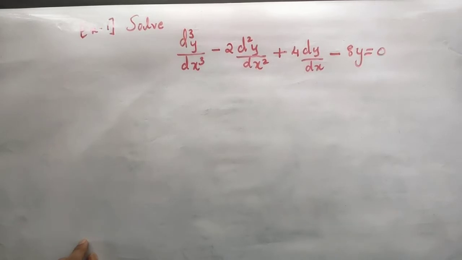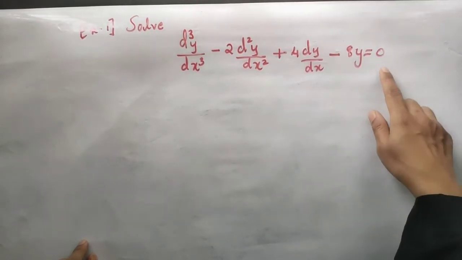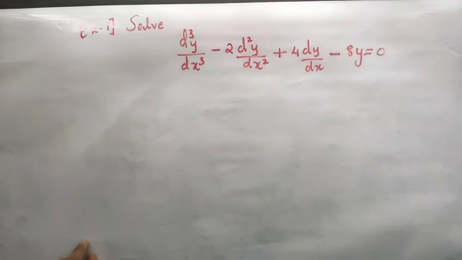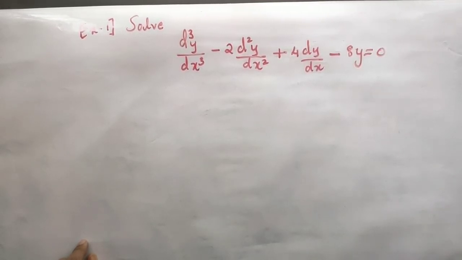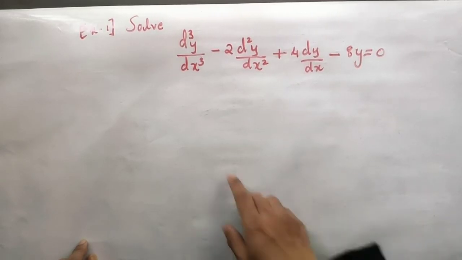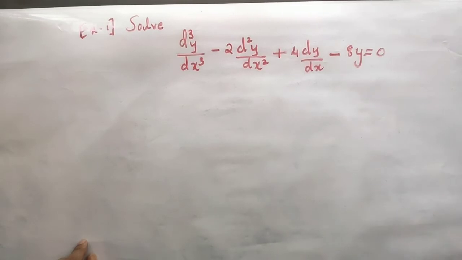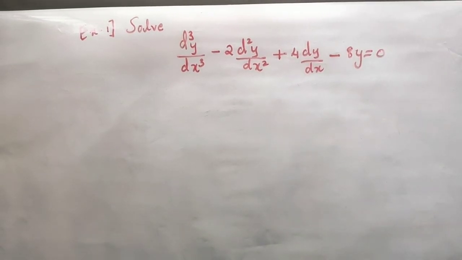How do you solve it? As you see, the right hand side of this differential equation is equated to 0. So what type of equation is this? This is a homogeneous linear differential equation, is it not? And in the previous session I had given a small theory, or a small way of writing the solution for homogeneous linear differential equations with constant coefficients. You see these are all constant coefficients for us. So now let us continue with the solution.